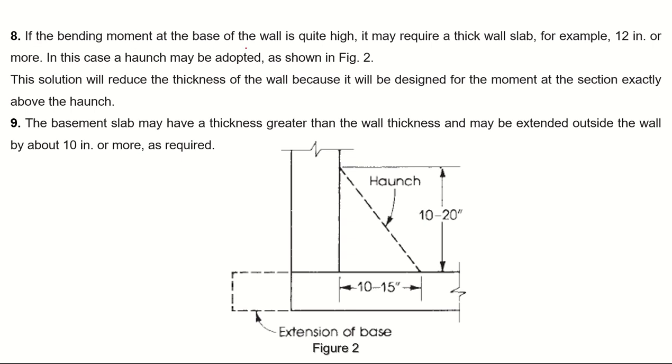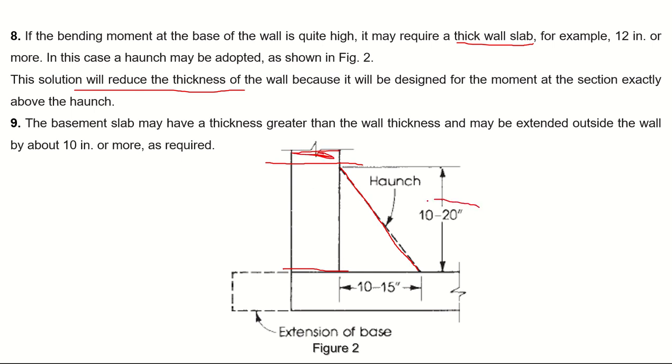Now if the bending moment at the base of the wall is quite high, it may require a thicker wall slab, right? The thickness may be increased from 7.5 inches. For example, you may need 12 inches or more. In this case, a haunch may be adopted. Instead of increasing the thickness, you can provide a haunch at the base, because you will design for the moment at the section exactly above the haunch. It will reduce the thickness, because now the moment here will be less than the moment over here, right? And you have to design this section for the moment here,